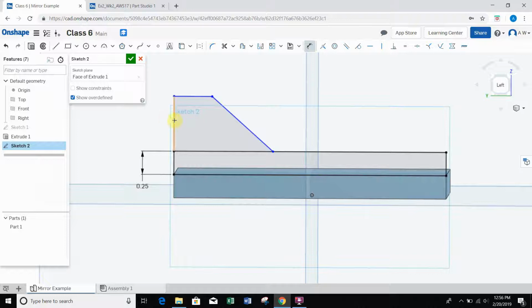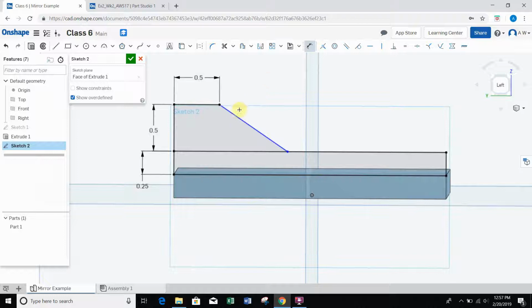So I'm going to use my dimension tool, and I'm going to give the height of this angled portion, we'll say it's half an inch high, just there. So we have the 1/4 inch is our rectangle, and we have the 1/2 inch as this angled portion. And now there's a couple other ways I can define this blue line here. If we grab this, we see we can still move it around side to side. So what we can do, we can give this a length. So we'll say this top portion is maybe another 1/2 inch, and it's still blue,